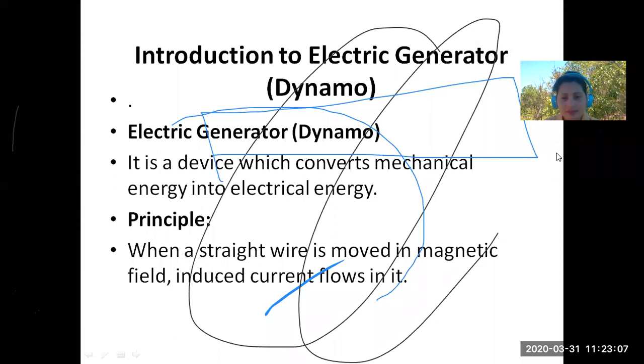Whereas motion will be brought by either wind or water, different. But I just asked in general, if it is at your home or in the city, how do you produce electricity? All of them are correct answers. So that is a generator. I hope now what is a generator is clear, right?